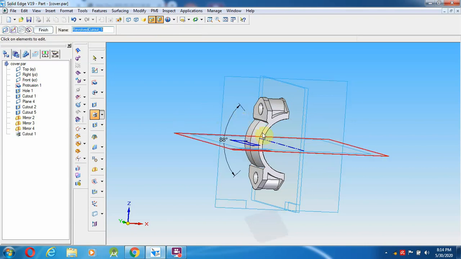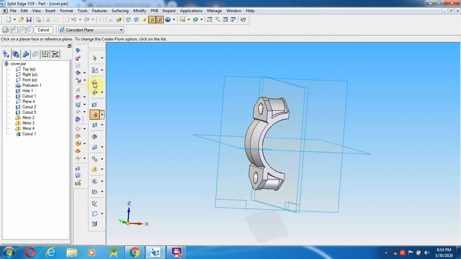After removing this, a small amount of material goes inside. So go over here, select that, and fill that particular area.